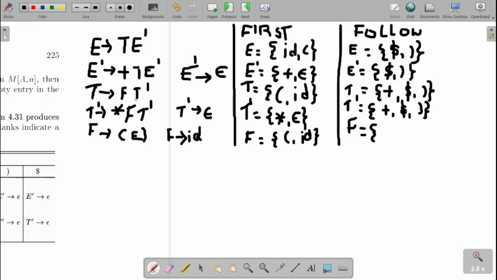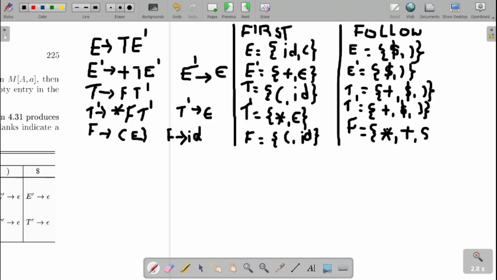What is next to F? I have the T dash. If something is next to it, we need to take the first of it. What is the first of T dash? It is a star and the epsilon. So if I substitute the epsilon for this one, this cancels. Whatever is in the follow of T will be the follow of F now. If nothing is there next to it, it means we need to take the follow of its root. So follow of T. Follow of T is a plus,